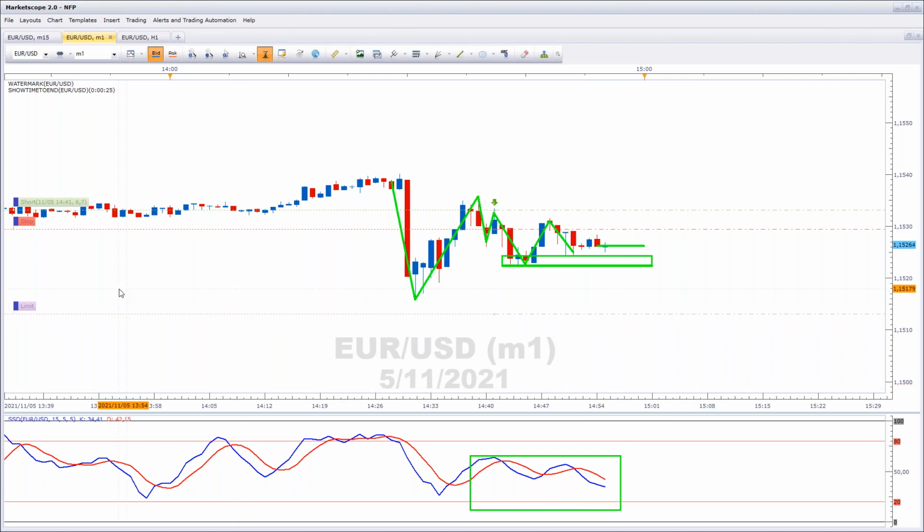If we get a reference candle, I'm going to pull the stop down further. Yeah, let's pull this down, capture a bit more.